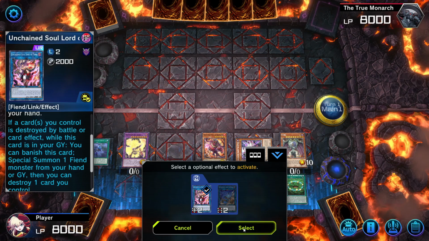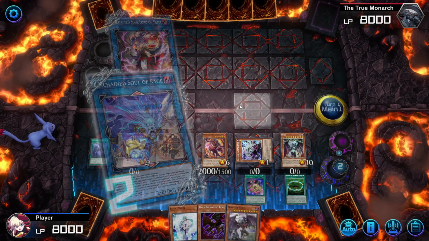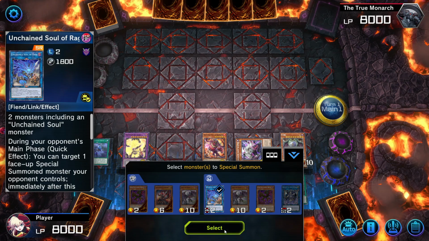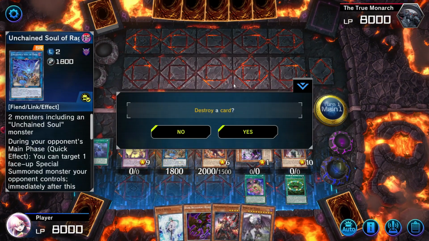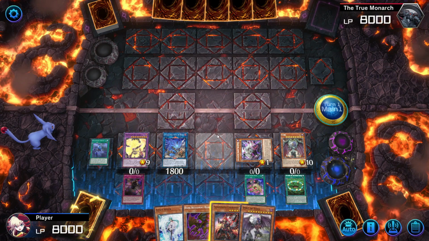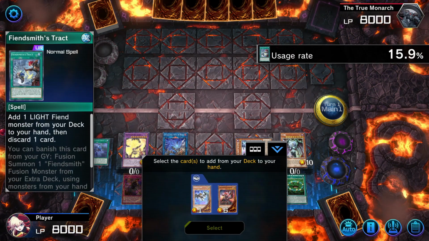And then Chain Link 1. You can special a Fiend, and then Chain Link 2 to add a Fiend, so you add Engraver. Then you can special summon Unchained Soul Samsara. And then you destroy Samsara. Then that will trigger her effect to set Chamber. Now you go Engraver, add Track, activate Track, add Lurry,